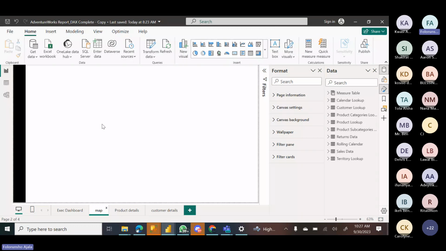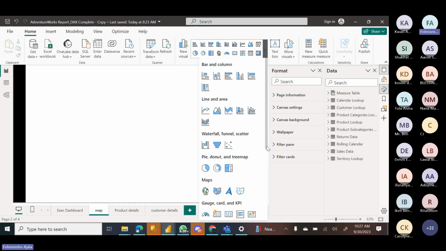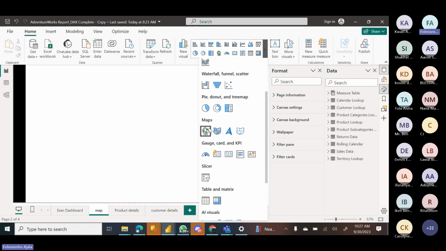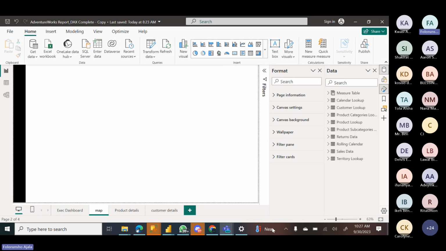To build your map, we have to go to the visuals, where there is a visual called map. You can see all these map visuals. Before you can use a map visual, you must make sure that your internet is switched on, or else you won't be able to use your map, or the map is not going to show you exactly what you want to show. And another thing is that before you